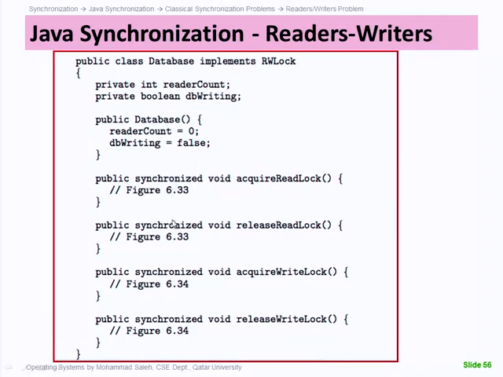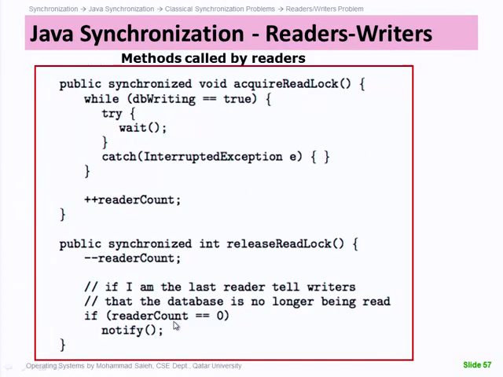The methods are synchronized, as you noticed. Only one of them can be active at a time, right? Now, what's the code of each one of them? Let's look at the writer first. The writer, the acquirer of the lock,